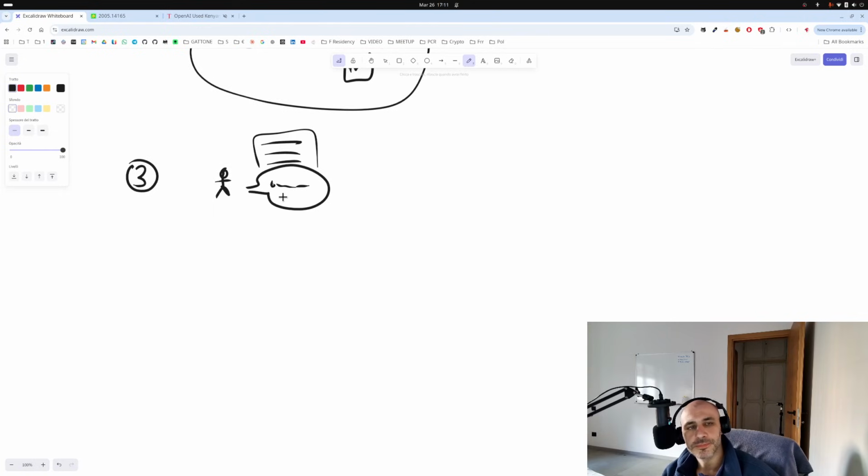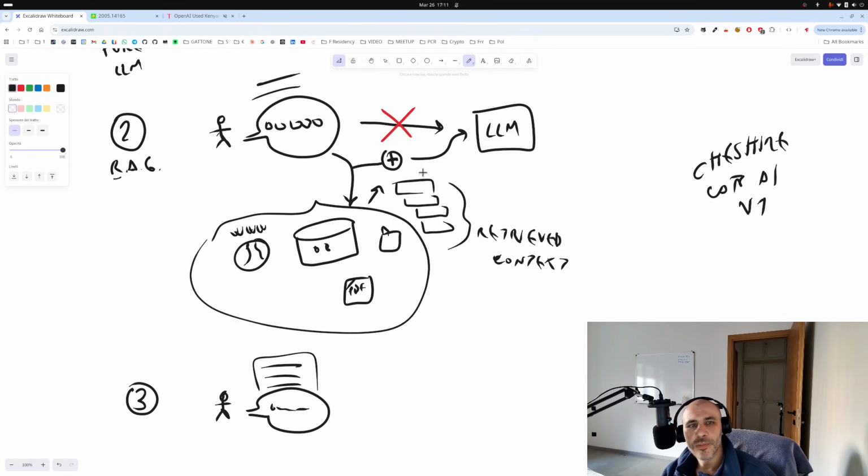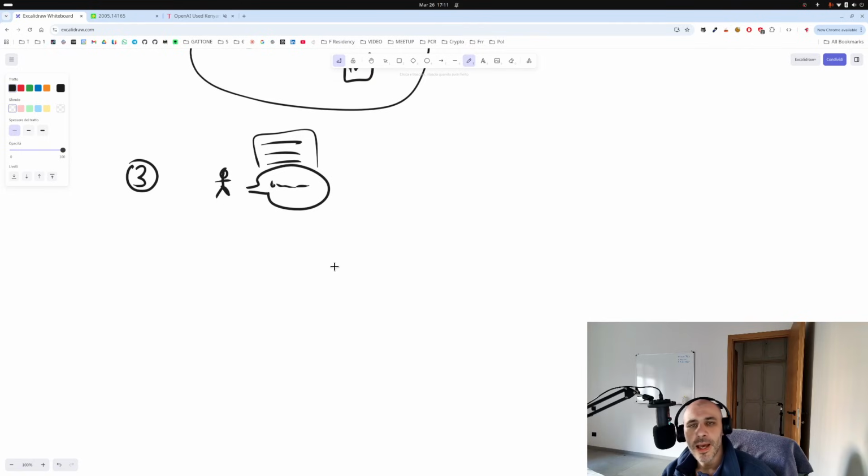So agents. RAG is a form of primordial, additional memory for the model. And now with agents, we go more on the actions or tools or function calling.